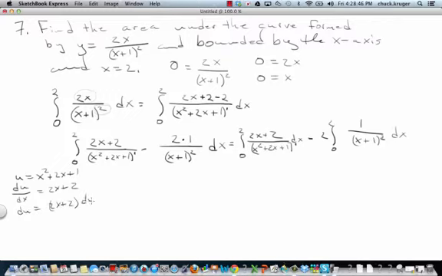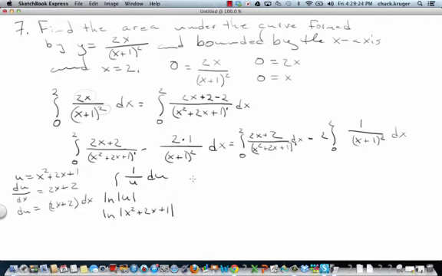That quantity times dx, and that's what I have. So now it's going to look like, I'm going to get rid of these numbers to begin with, and I'm going to have 1 over u du. And so the 2x plus 2 times dx is du. The x squared plus 2x plus 1 is u, and when I integrate this, I get the natural log of